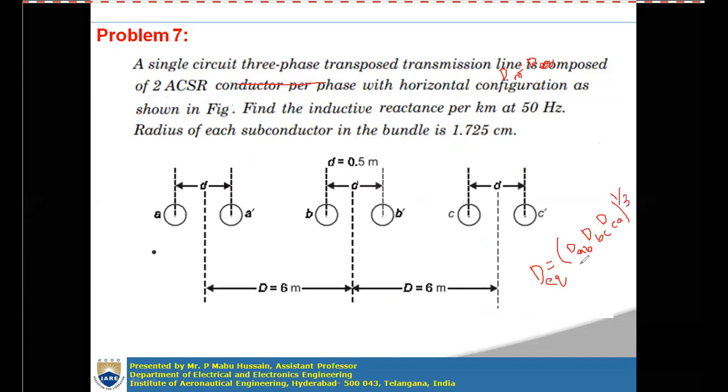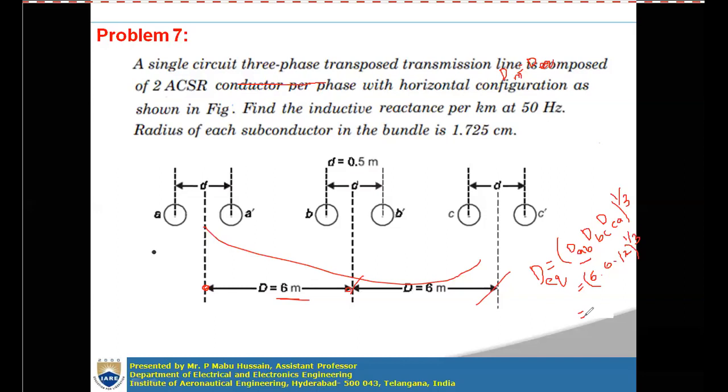Now DAB is the center to center distance between phases A and B. So from here to here, if you consider, it is 6 meters. DBC also, B to C, from here to here, it is 6 meters. DCA, A to C, the total distance is 6 plus 6, which is 12. So which is whole to the power of 1 by 3. Now if you calculate,